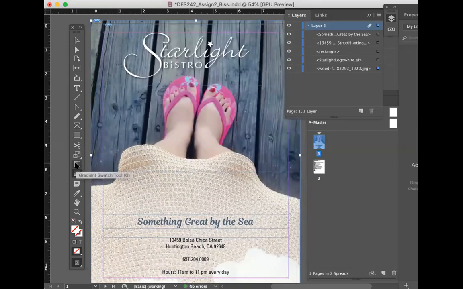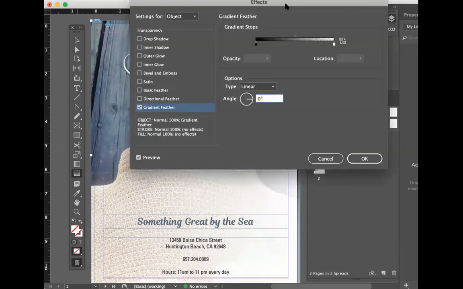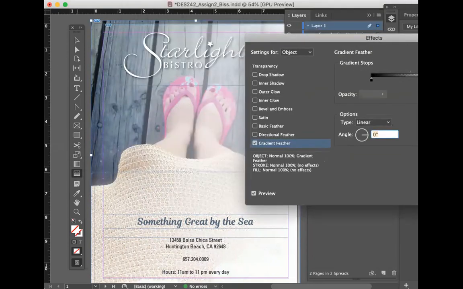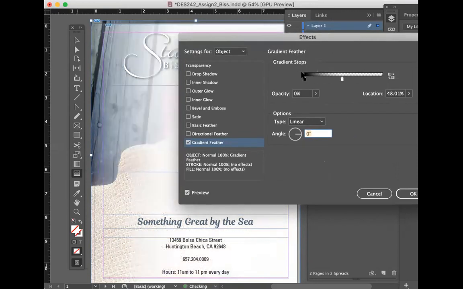Okay, so the gradient just puts, and the gradient feather tool kind of applies it to, like, the color. It has transparency to it, yeah. So okay. Transparent. And then you can go in here and kind of edit your colors, you know, whatever. Oh. You can flip these around.